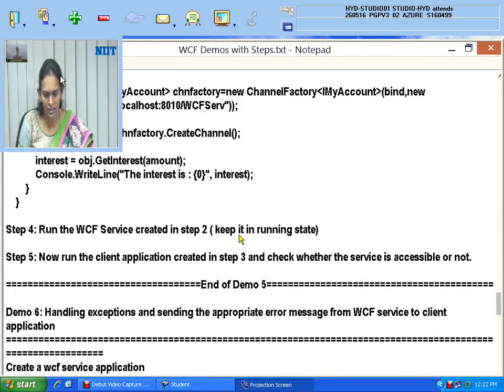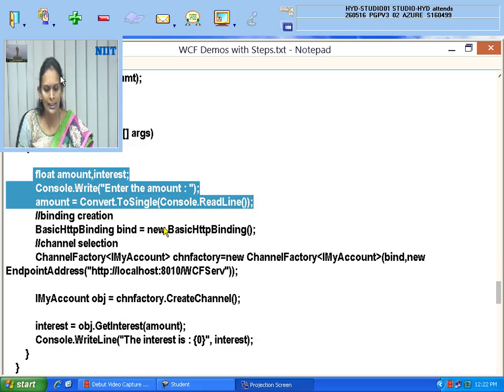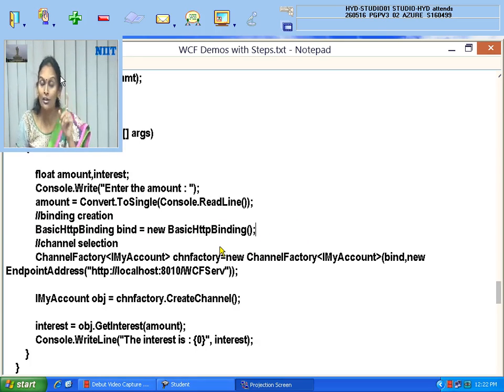Second application, see here. Don't think of all these, okay? Whatever is highlighted, there is one in the client application. You need to create the same binding class to connect to your service. This is compulsory. Now I am telling you the channel is to be created by the client, not by the server.